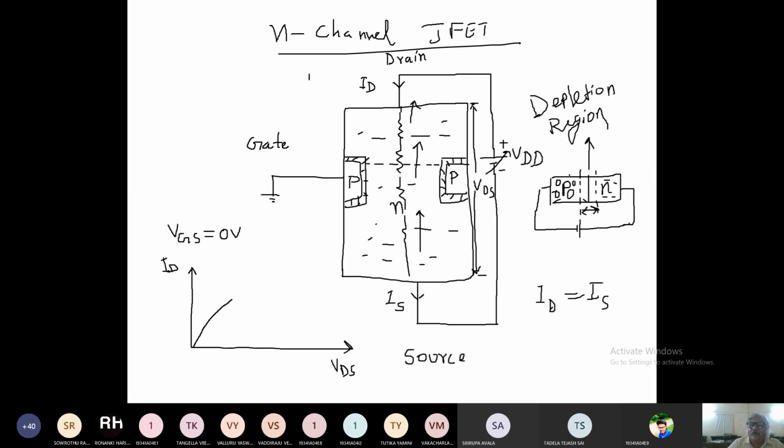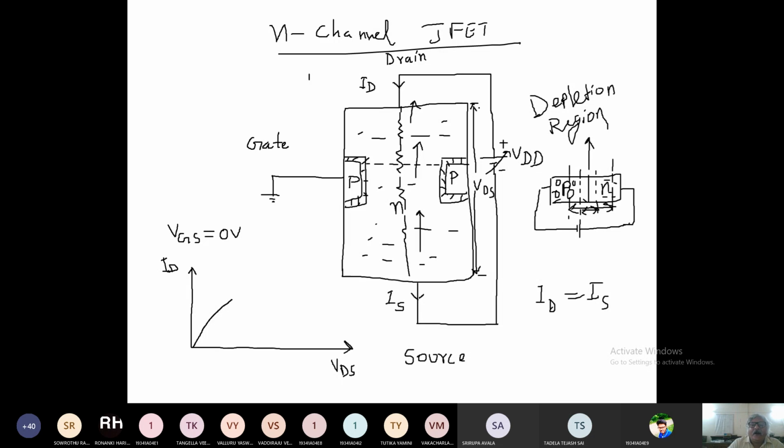Depletion region will increase if you reverse bias, right? So it will increase, it will come up to this region now. Depletion region has been increased because we have increased the reverse bias. Now you see in this device, if you are increasing